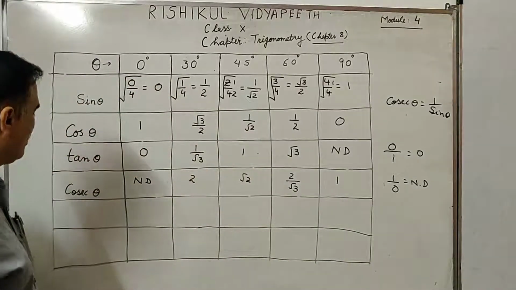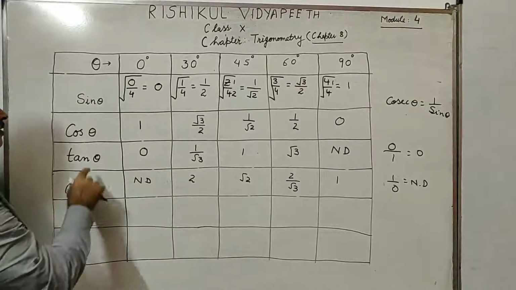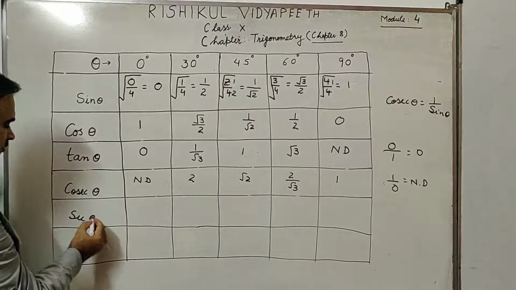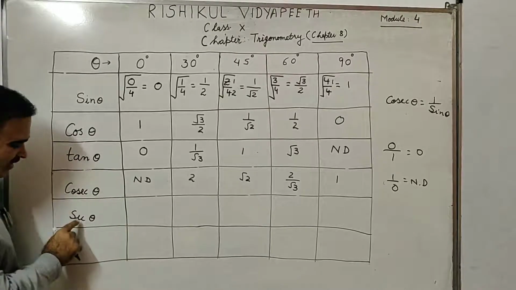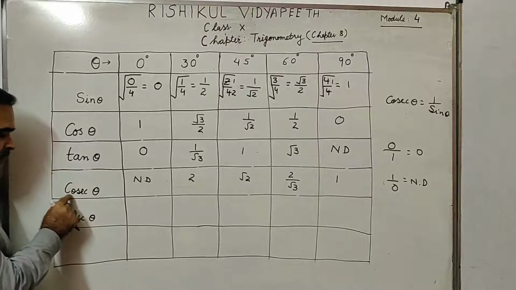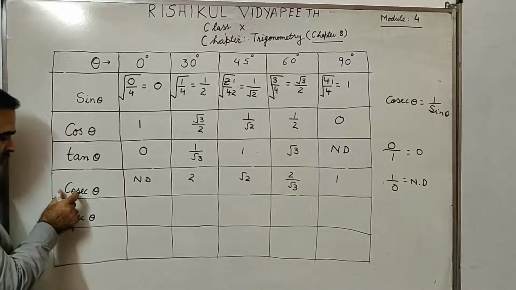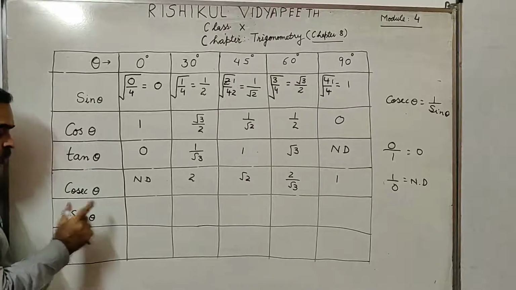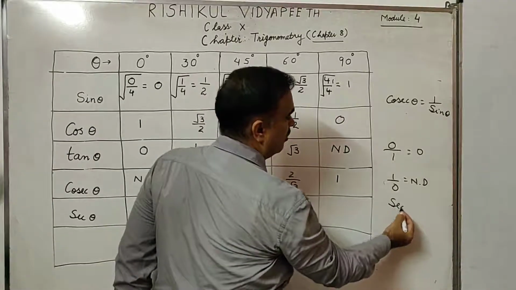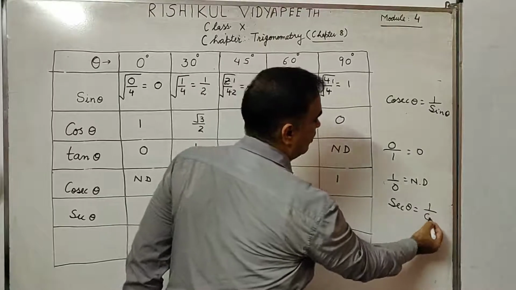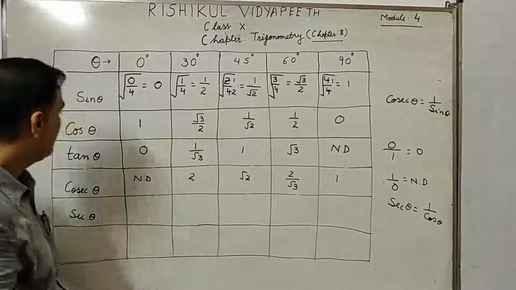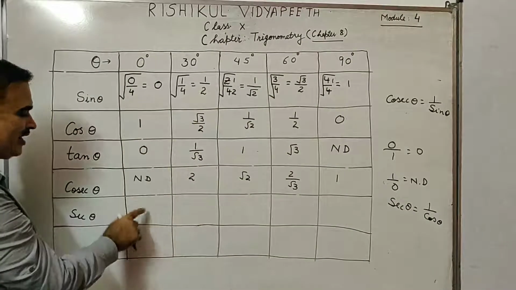So my dear students, we got the values of cosec theta. Then we have to find out sec theta. You see, here is sec and here is cosec. The "co" is written here, and this is the complementary. From where does it come? You know sec theta is also the reverse of cos theta. You can say sec theta equals 1 by cos theta. If we reverse this also, we can get this.